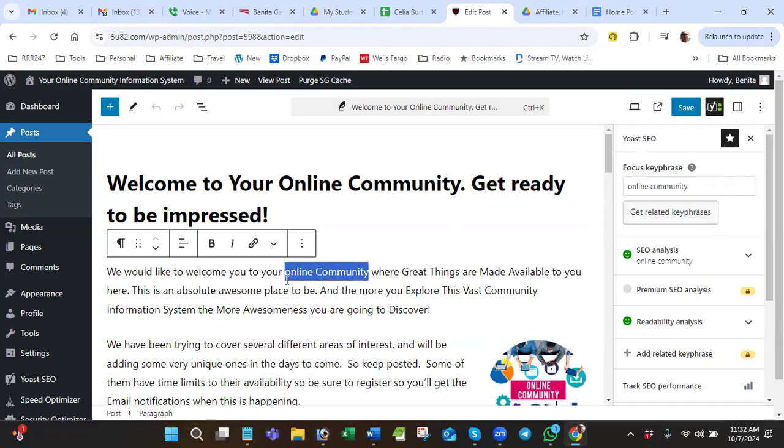You could put it like this, and in this little menu you could bold it, or you could italicize it, or bold and italicize if you want. You see what I'm saying? So anyway, now